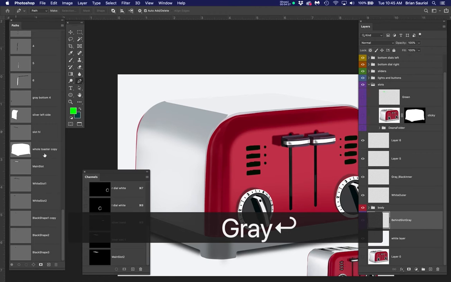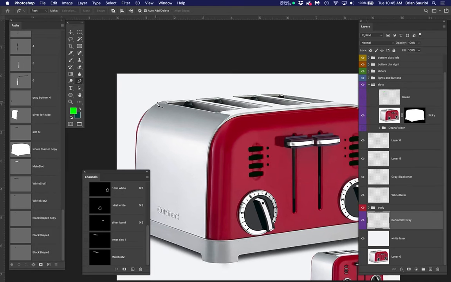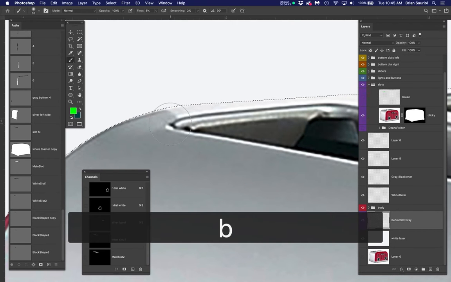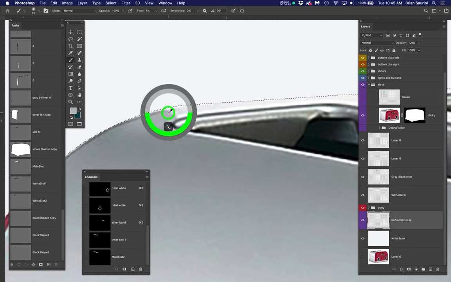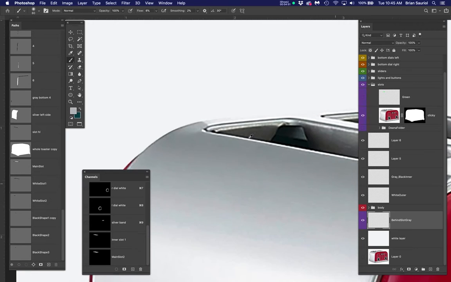Now, look what I did. I actually made a copy of your whole toaster path right there. See it right there? Now I'm going to control click it. Okay. Now I'm going to click on the Clicky Copy, zoom in to this area right here, hit the B key, and grab this gray color right there. Okay, just grab it. I'm grabbing a darker gray, even though that's a lighter gray, because I can always turn